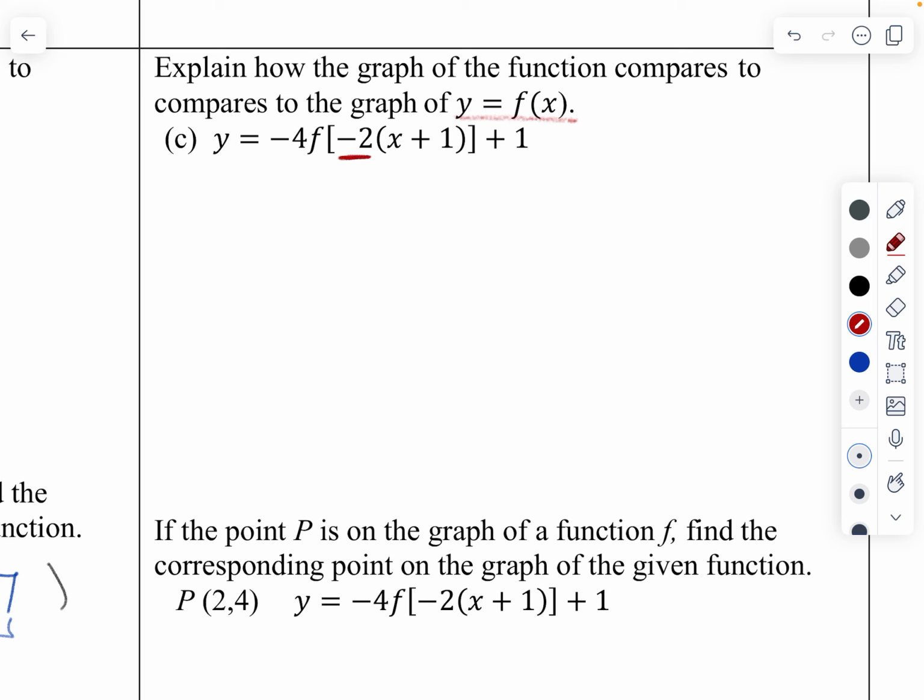So that's b is -2. So it's got a negative, which means it's got a horizontal reflection. -2. So we're going to multiply times half to give it a horizontal compression. It also has a shift. It says +1, so that really means left 1. Okay, so let's start with our horizontal